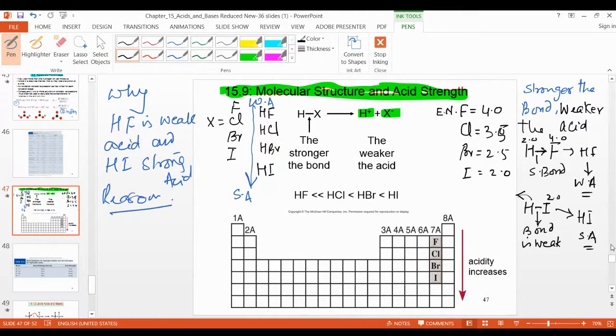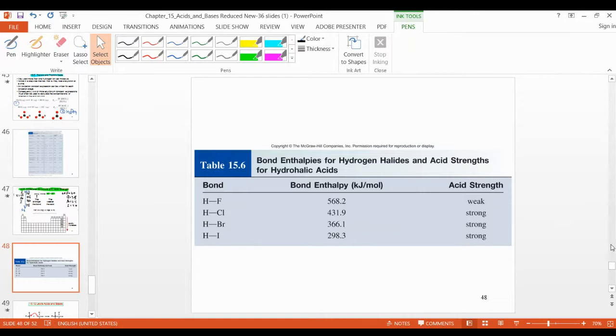So why is it a strong bond and why is it a weak bond? What's the reason? Because fluorine has high electronegativity, they will make a strong bond. And iodine has less electronegativity, they will make a weak bond. Yes, doctor. Clear? So HF is weak, right? And now these are HCl, HBr, HI. See, these all are strong. Strong acid is strong as compared to others.